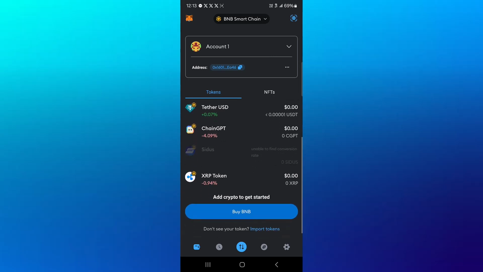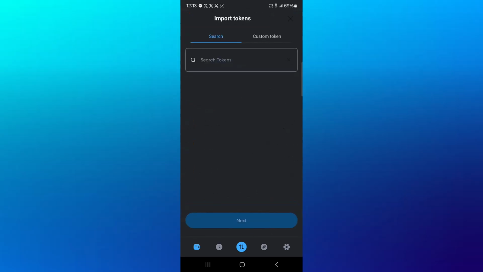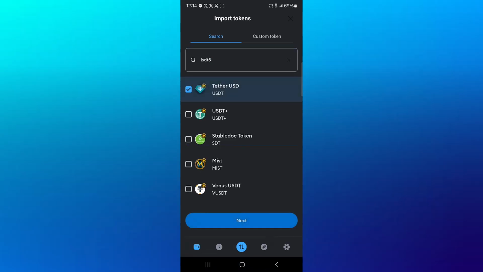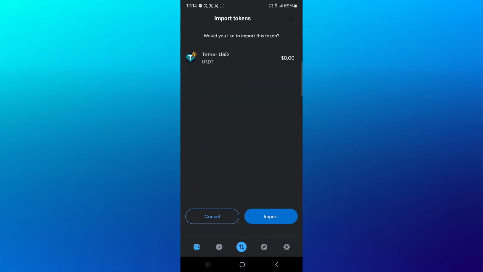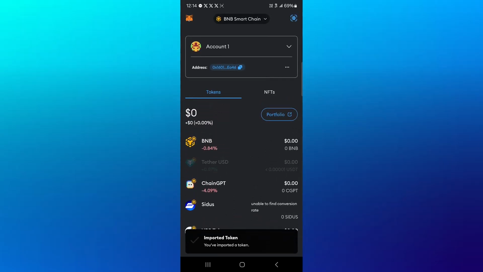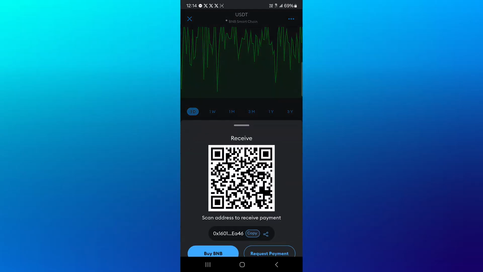If you can't find the Tether USD, use the import tokens option at the bottom of the screen, click on import tokens and search for USDT. Once you search for USDT, select the Tether USD and click on next and proceed to import this token to your wallet. And once you've imported the USD, click on this token, scroll through and click on receive, and then